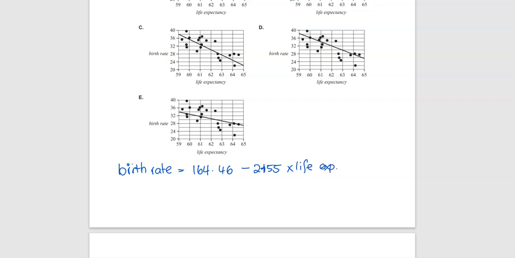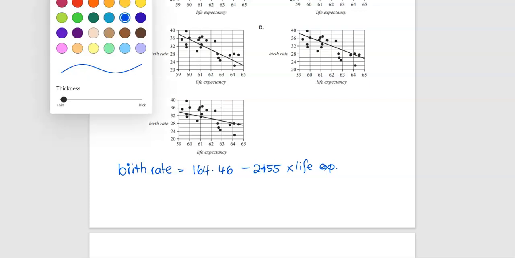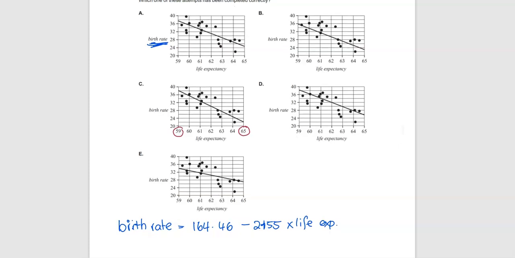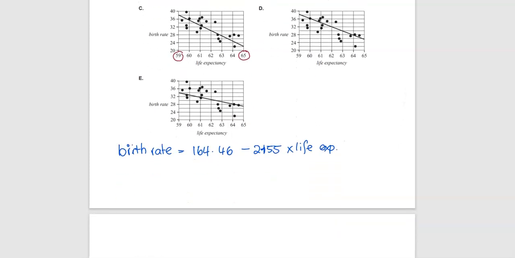So we've been obviously practicing. If you had to draw this on the graph yourself, say they gave you the scatter plot and you had to draw it, remember I said you need to plug this value into your equation and also that value. And if you look at all our options here, they all have the same scale there. So we should be able to sub that in and get the right one. So if we sub in that the x is 59 into this formula, it would be 164.46 minus 2.155 times 59. If you do that, you end up with